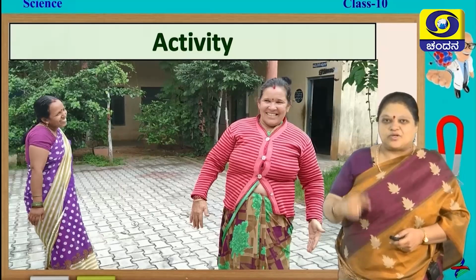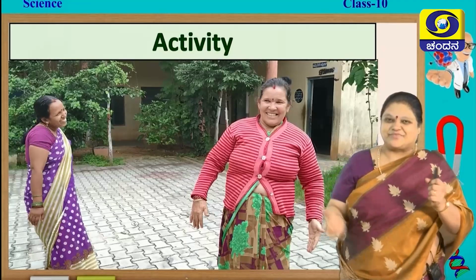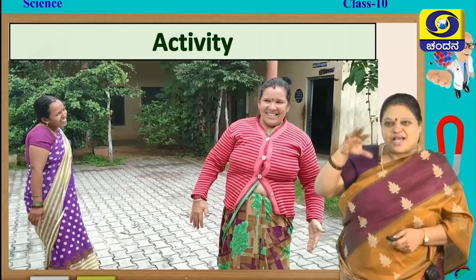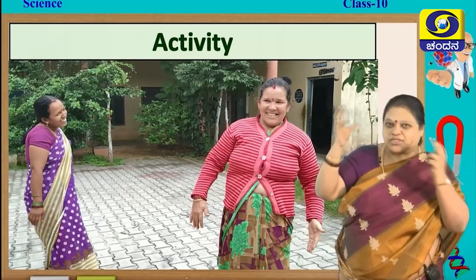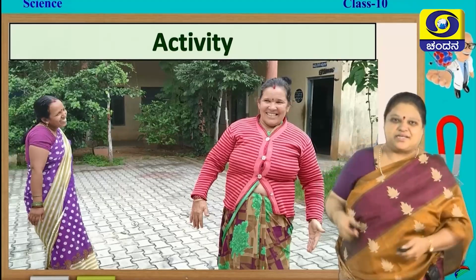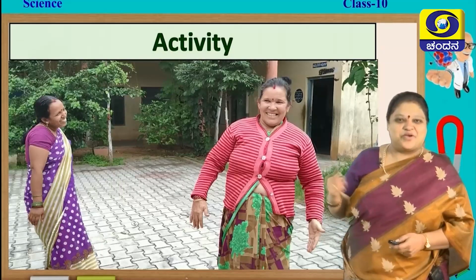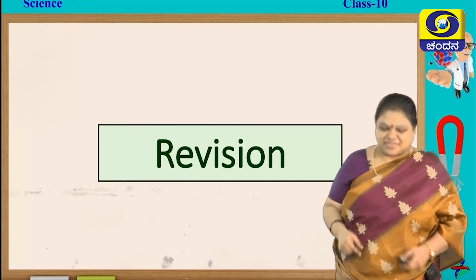But once you control and practice, then you can do both the activities, just like this when we do puja. That is mainly possible because we have practiced that and our brain is sending impulses from both sides simultaneously. So by practice you can come to perfection. I hope you enjoyed this activity. I want to do one more activity before doing the revision.